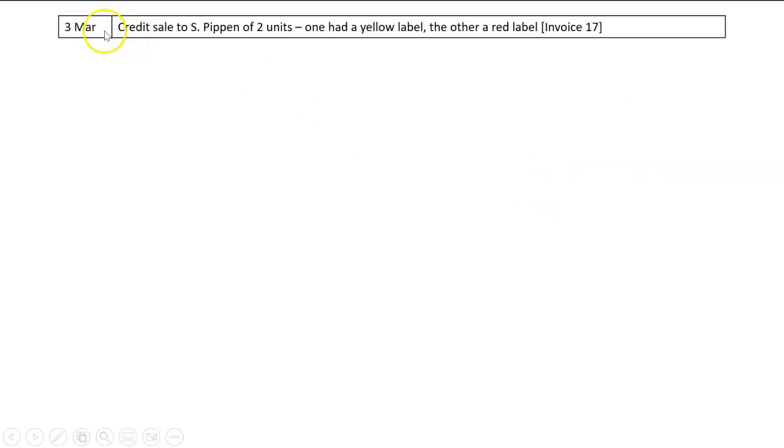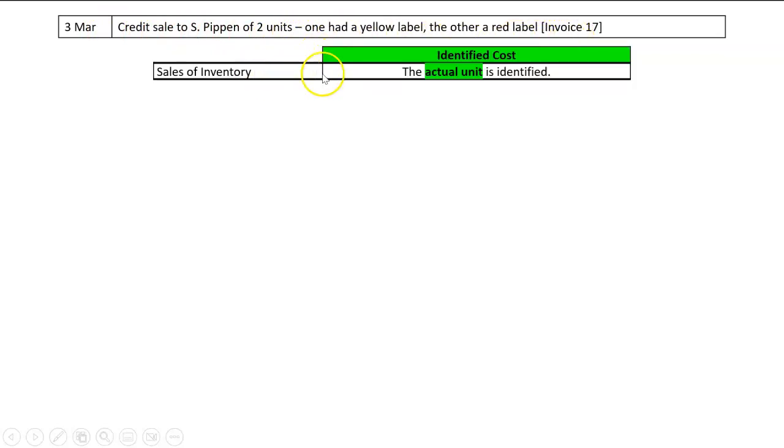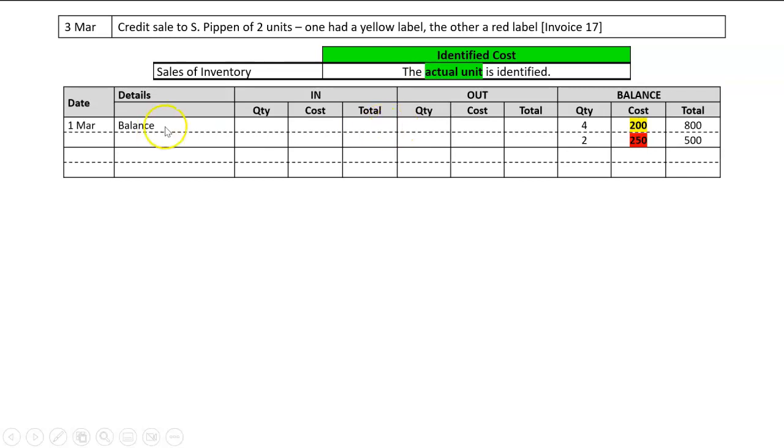Next day, the 3rd of March, credit sale to S. Pippin of 2 units. One had a yellow label, the other had a red label, invoice 17. And so this is for a sale of inventory. And the rule simply is use the actual unit that is identified. So in this case, there's our inventory card as it is. We'll do the date, 3rd of March. Under details, remember we don't write the name of the person, S. Pippin. We don't write credit sale, we write the document number. So invoice 17. Now one is yellow, so we do 1 at 200,